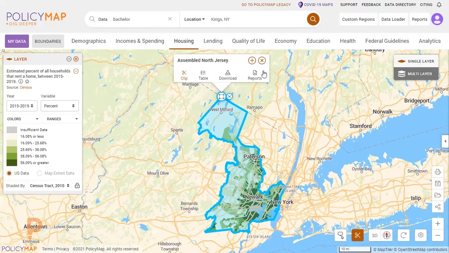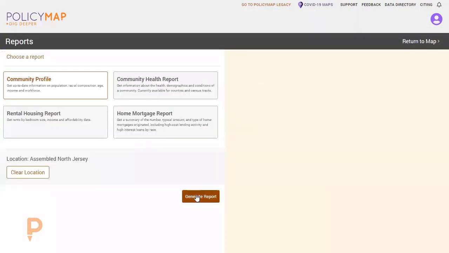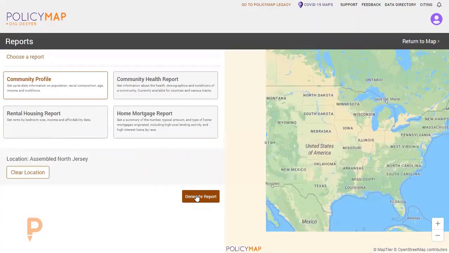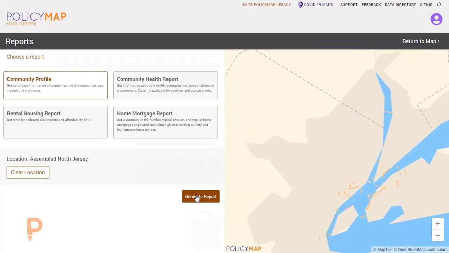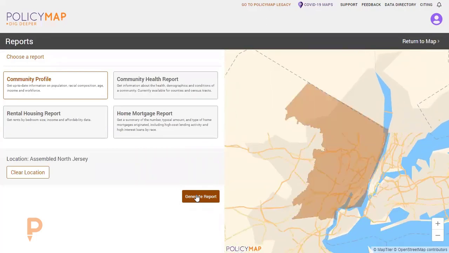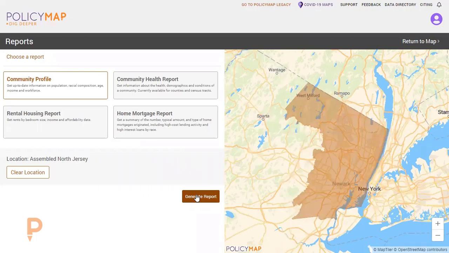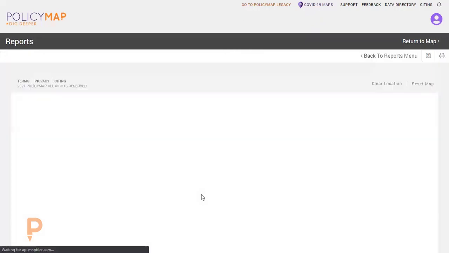And then the other thing just to mention is that we do have a couple of basic system reports in here. So for either areas that you navigate to through the set location bar, or using custom regions, you can generate one of these system reports. The community profile is probably the one with the greatest utility. It has lots of demographic information, different income thresholds. And if I go ahead and click on generate report,